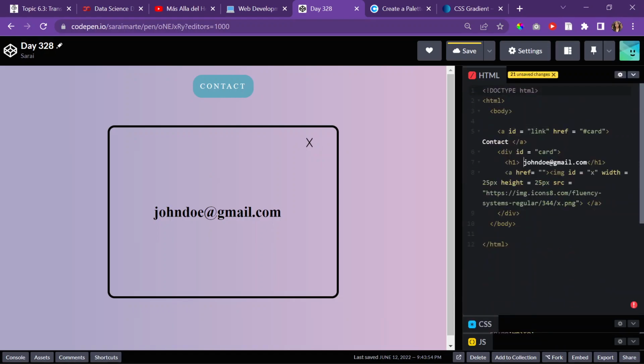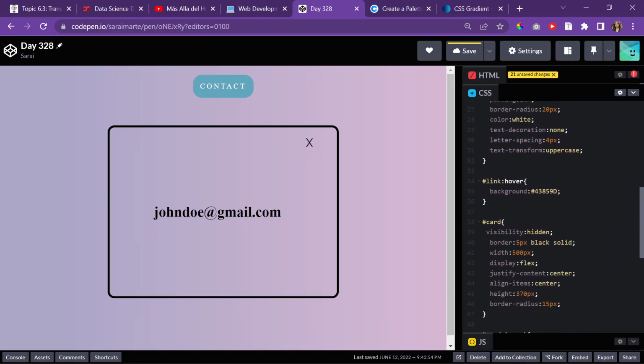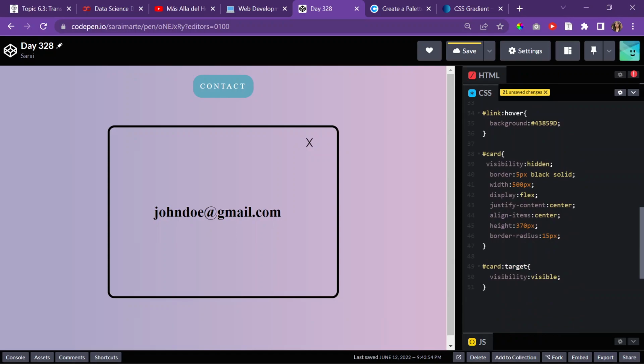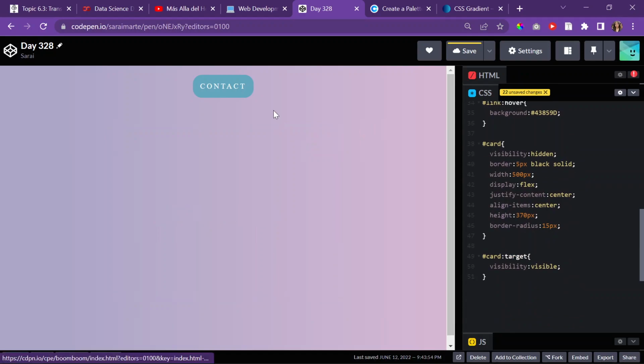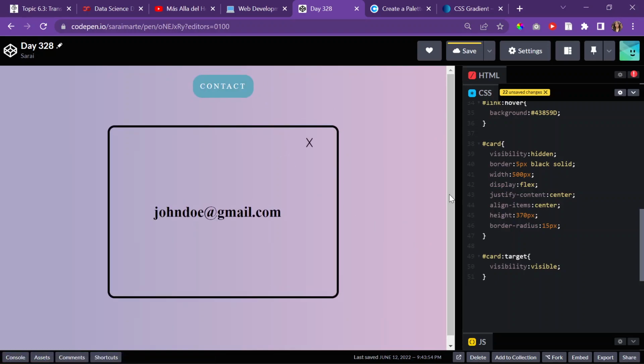If I go to my HTML, my actual modal, I gave it an ID called card. If I go to my CSS, you can see that I have some properties here. Visibility hidden. Obviously it's going to be hidden originally until I click, until this card is targeted, then it becomes visibility visible. I gave it already a border of 5 pixels black solid,